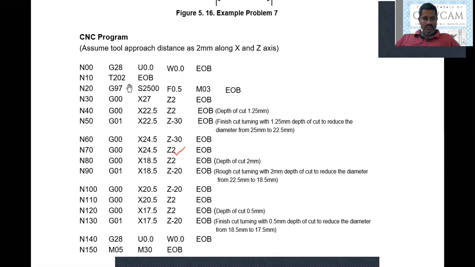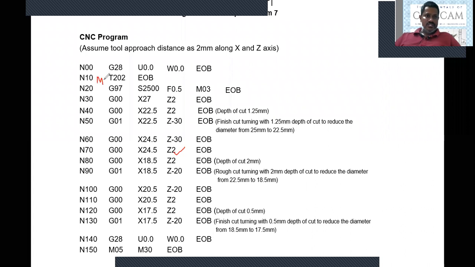Now N10 and the next block, we are changing the tool. T202 tool, we are selecting the tool. M06 is the command used to change the tool. So we are changing the tool, and the tool is 202. So we are selecting the 202 tool with this miscellaneous command. So after changing the tool,